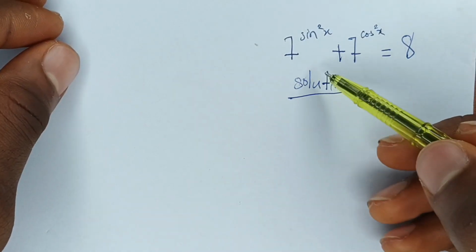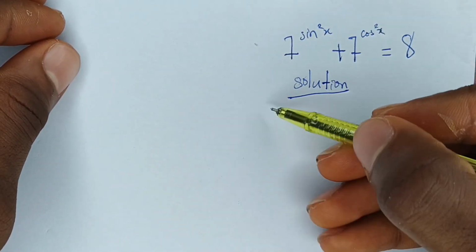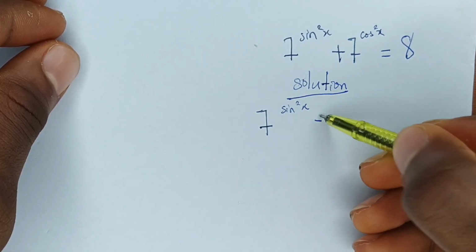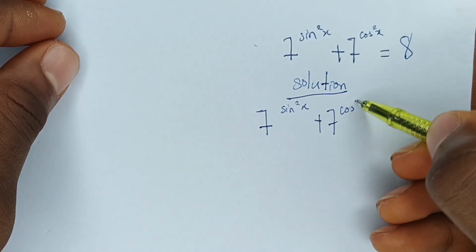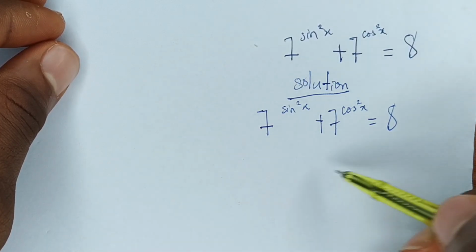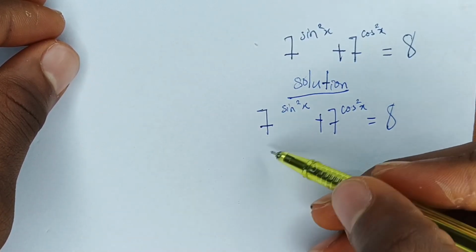Let's solve this Olympiad equation together. Okay, so we have 7 raised to power sine squared x plus 7 raised to power cos squared x is equal to 8. Okay, now the first thing we can do here is that we can multiply both sides by